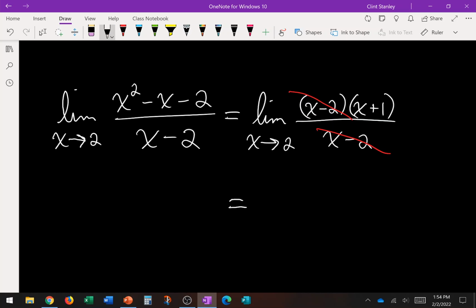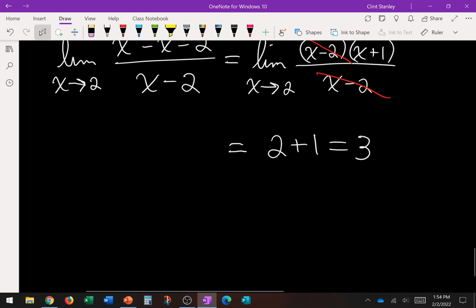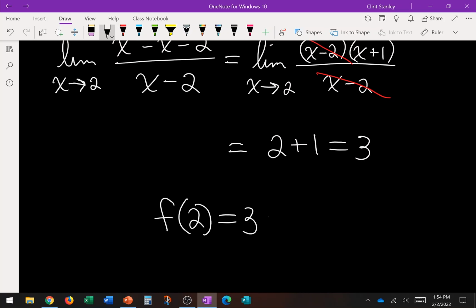So what's our limit going to be? We just direct substitute now. Yeah, 3. So since the limit as x approaches 2 would be 3, to make sure it's continuous we want f of 2 to equal 3. We want these two things to be the same. Maybe the wording of the problem is a little confusing, but we just want to make sure that the limit of our function as x approaches 2 is the same thing we get when we plug 2 into our function. Does that help?